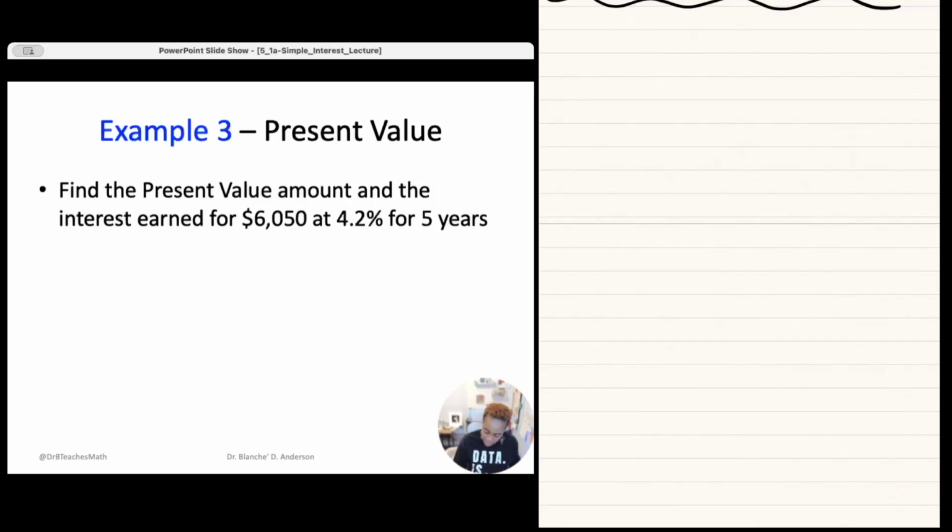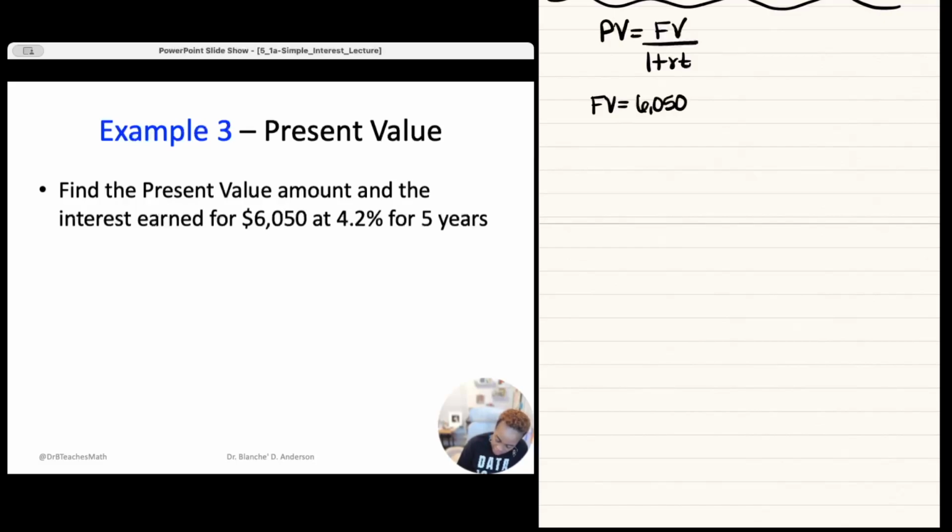Okay, let's look at an example. So here we're talking about the present value. So our present value is equal to our future value divided by 1 plus RT. Okay? So that's what it would look like. I'm sorry, my R kind of looks like a V. So it says find the present value amount and the interest earned for $6,050 at 4.2% for 5 years. So that $6,050, that's what you're going to have at the end of 5 years, and the interest rate is 4.2%. So our future value,